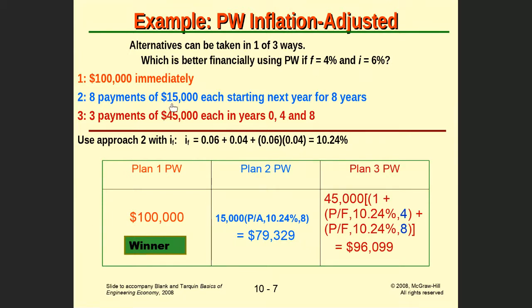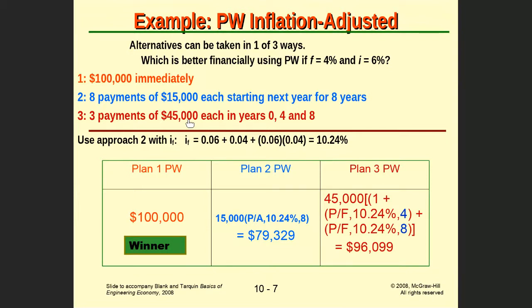In the second one, I have an annual value that appears yearly, every year for 8 years. And to convert it using the method of the interest rate with the inflation, in this case, the solution used the adjusted interest rate for inflation. That means converting the interest rate and the inflation and finding IF, which is found to be 10.24. Then you use the 10.24 in solving all the problems without needing to change the value of the 15,000 and the 45,000 every time. So it will be easier to use the adjusted inflation rate when you have multiple